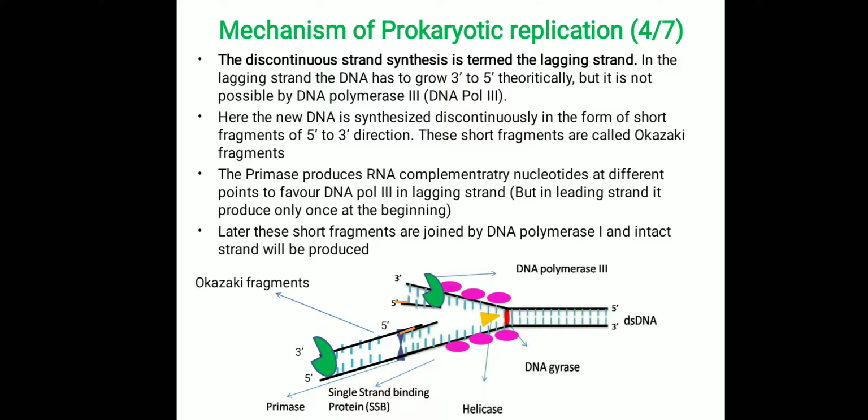For that purpose, once a certain length of single stranded DNA is formed in the lagging strand, the primosome complex will come to a certain place and produce an RNA primer in the 5' to 3' direction. Then the polymerase will come, identify the place and start the chain elongation. Once this part is over and the helicase continuously unwinds, the primosome complex will move to another place and form another RNA primer. Again polymerase 3 will come and extend the chain in this direction.